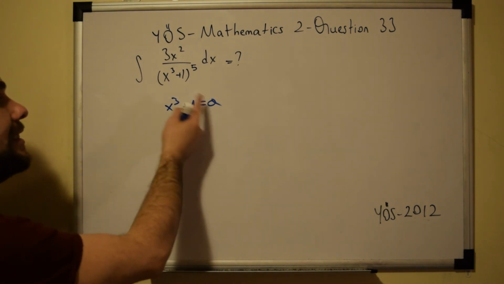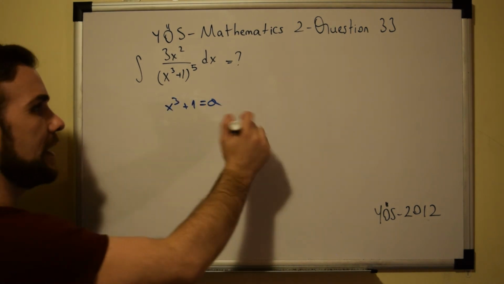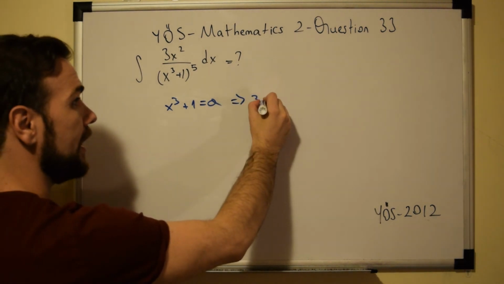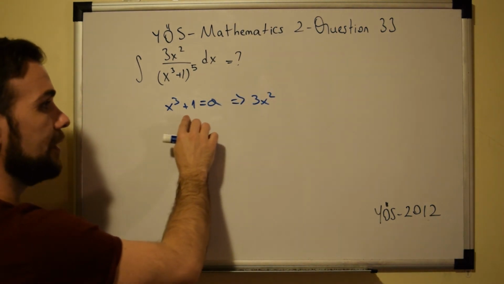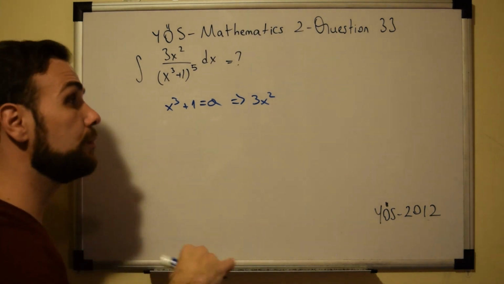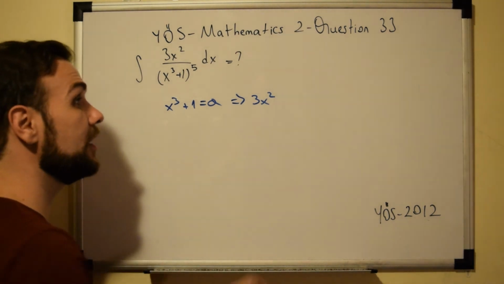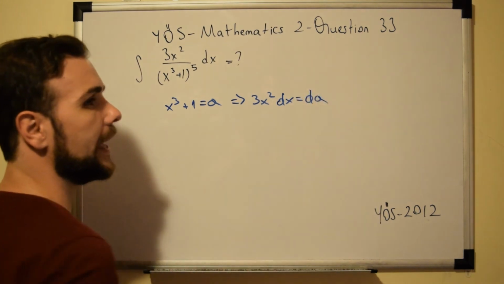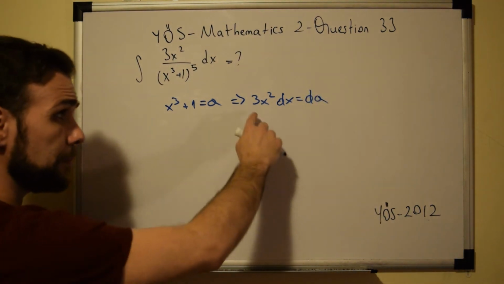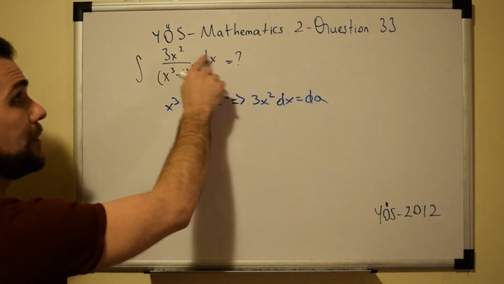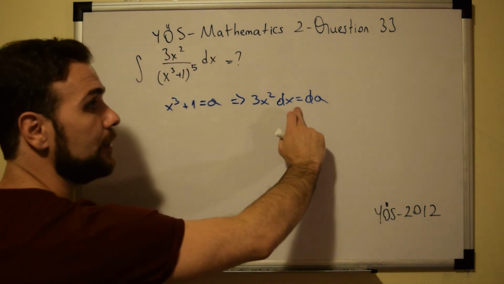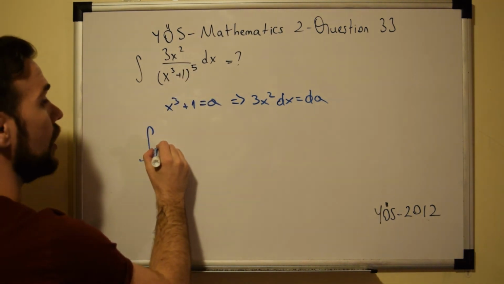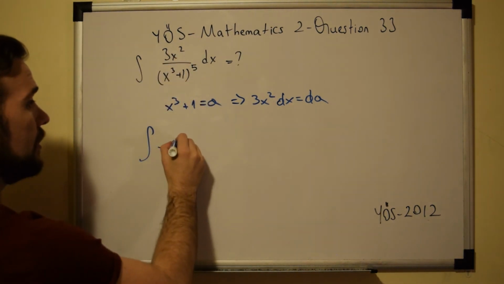And I will take the derivative of both sides. If I do that, what do I have? I have 3x to the power of 2. Don't forget the derivative of 1 is equal to 0 because 1 does not have x as a factor, times the derivative of x, which is equal to the derivative of a. So what I did here, as you can see, this expression is the same as the numerator, so I equalize that to dA. So we have the integral of dA